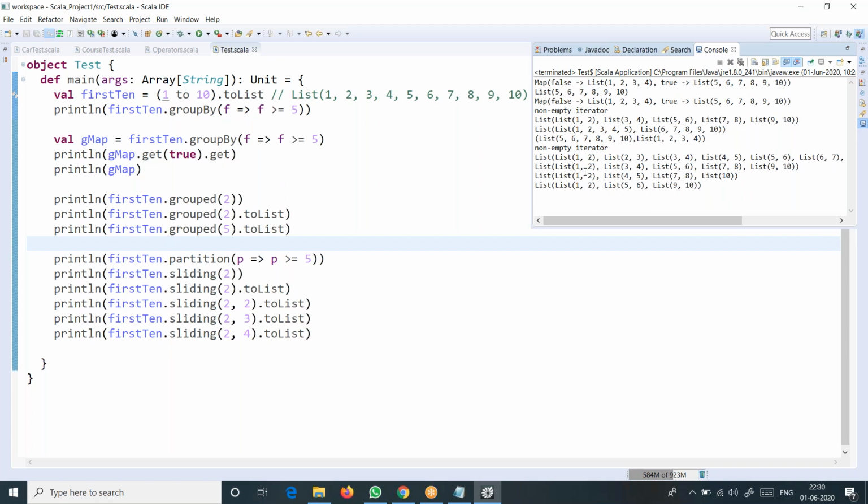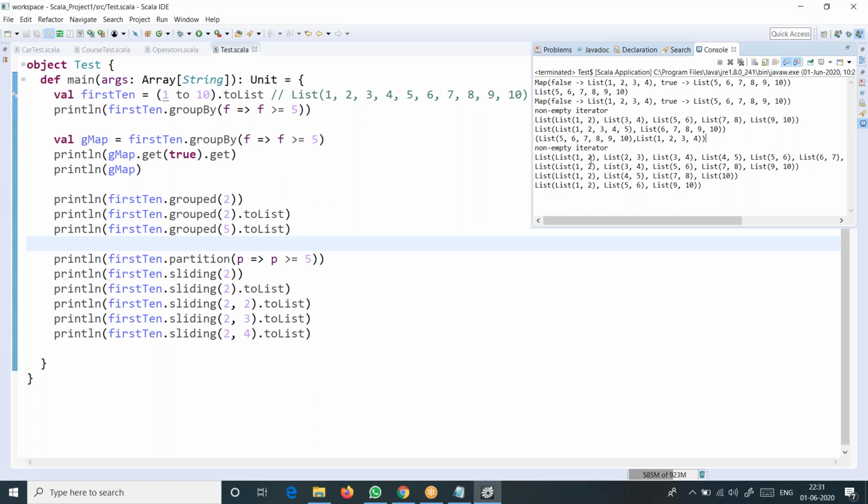But when you say 2 comma 2, it is exactly dividing the elements in steps of 2. Of course these are pairs, no doubt, but this time you don't see that kind of cumulative continuation. It is giving 1 2, 3 4, 5 6, 7 8, 9 10.